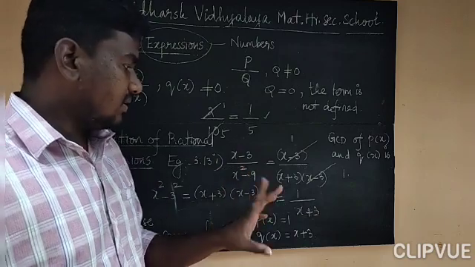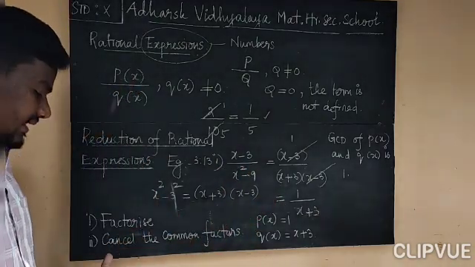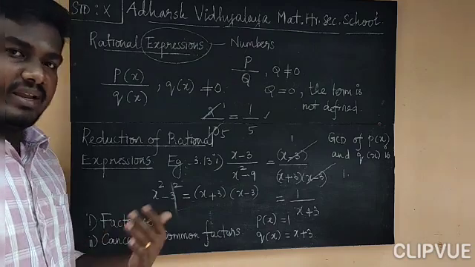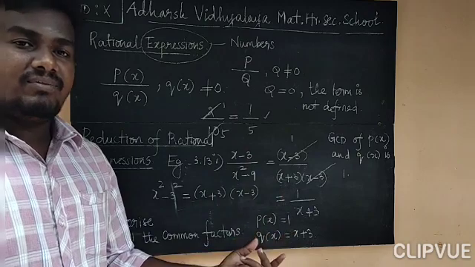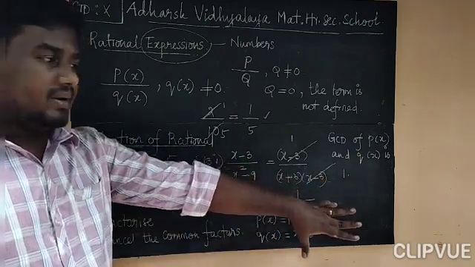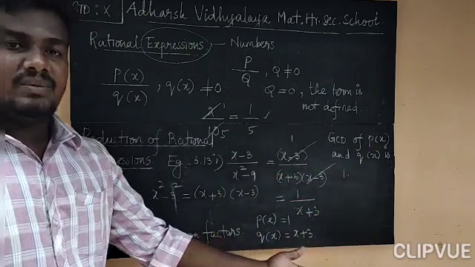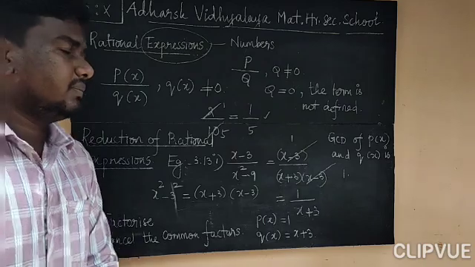I hope you all understand the concept. So first we factorize the given polynomial. Second, if they have a common factor, we can cancel them. Third, we can get the irreducible form. How can we verify it? How can we check whether it is the irreducible form or not? If their GCD is 1, then we can say clearly it is the irreducible form.